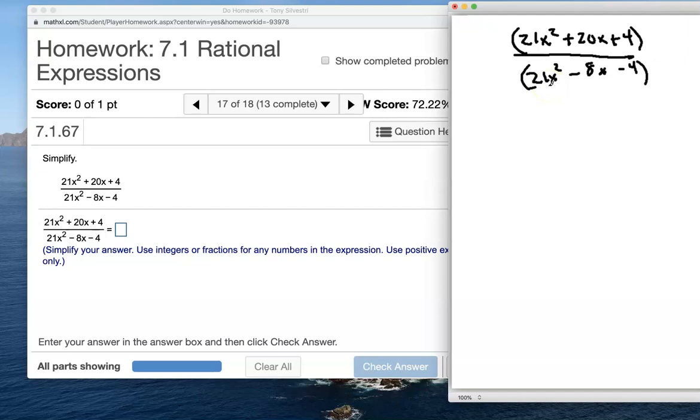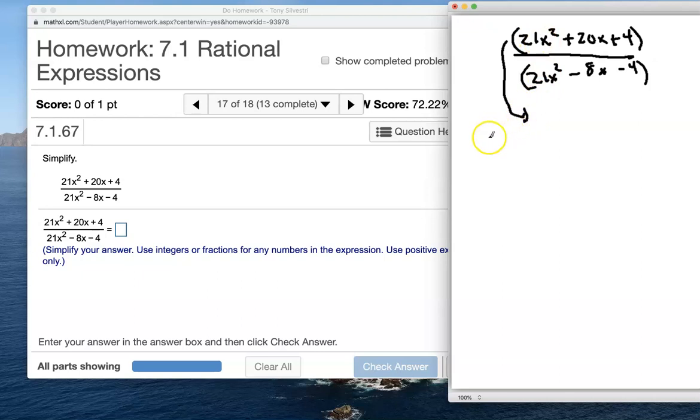Looks to me like you can't use that trick of simply looking at the first terms and last terms, because 21's not a perfect square. I can't pull anything out from the top. Same thing on the bottom. It looks like I got 2 magic number problems to do. Oh dear. So what I'm going to do is go and